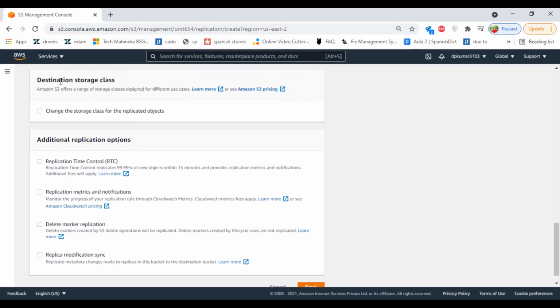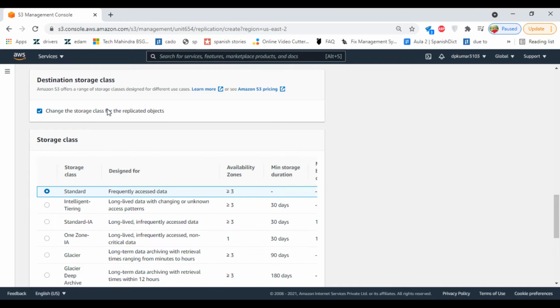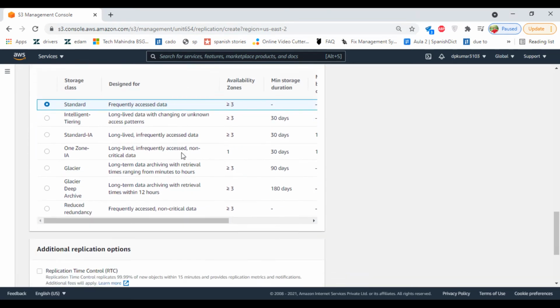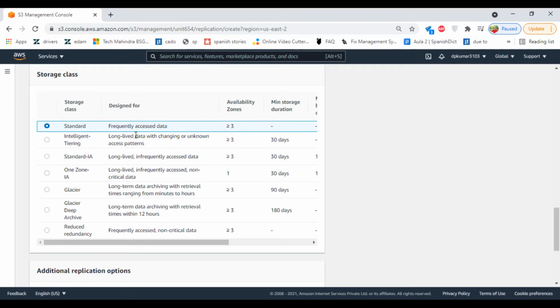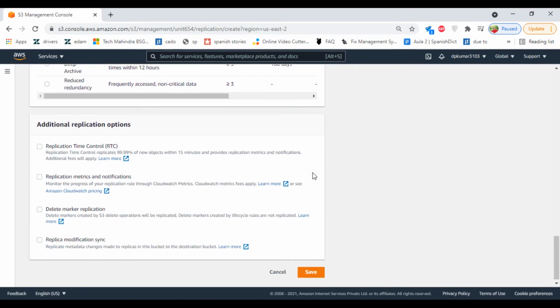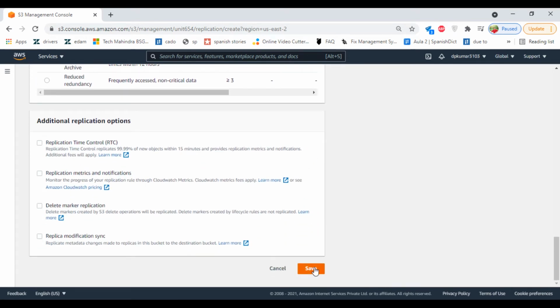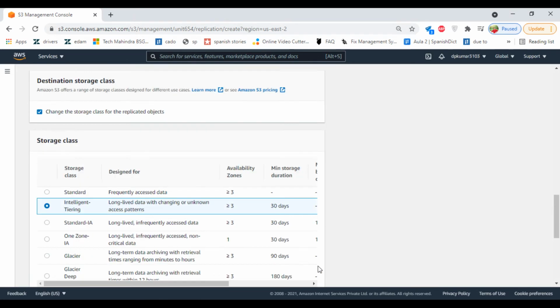Here you can find the destination storage class, where you want to save the files. Currently let's do it on Intelligent-Tiering. You can select any one of them, but I am selecting this one. These are additional options. Click on save.